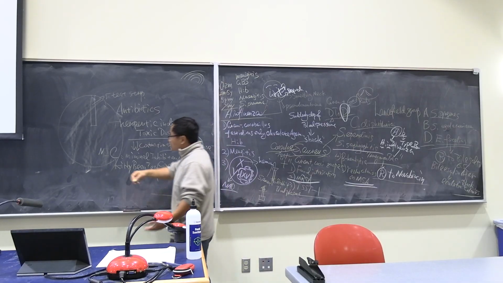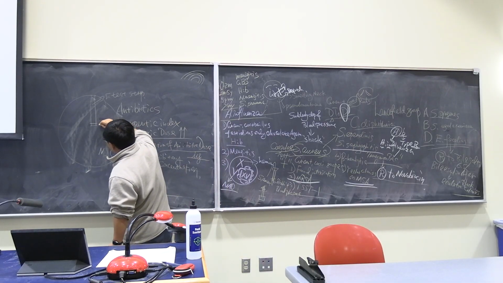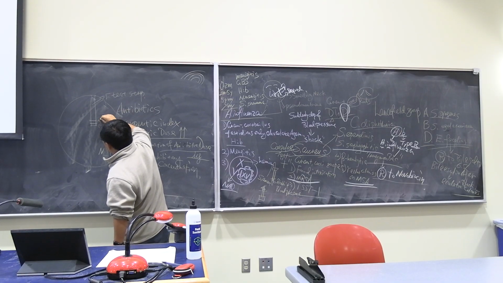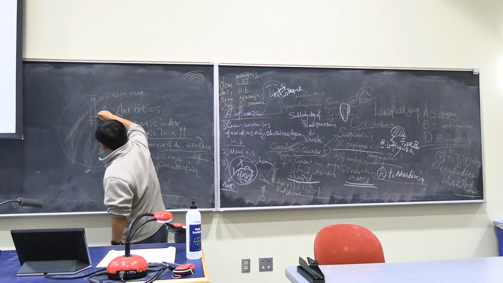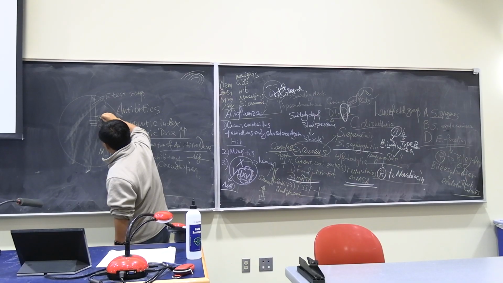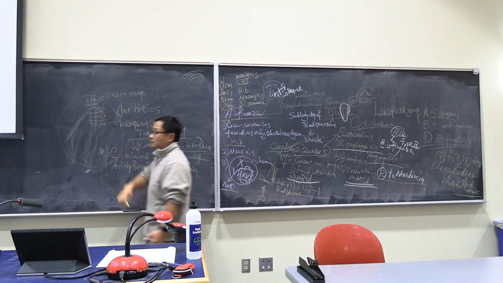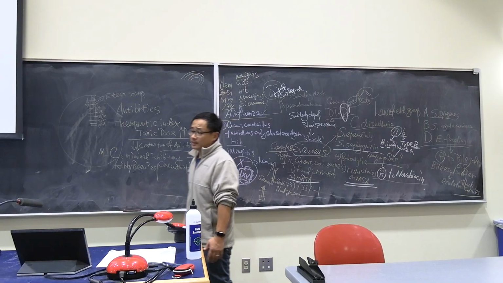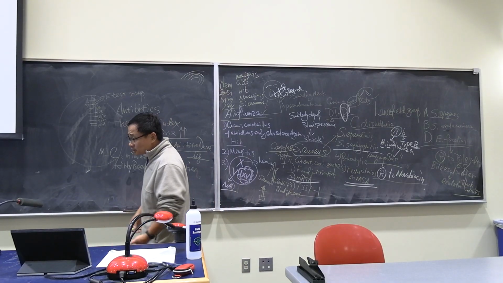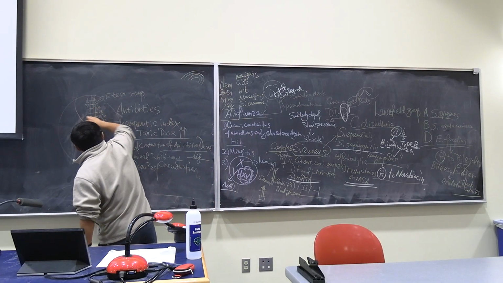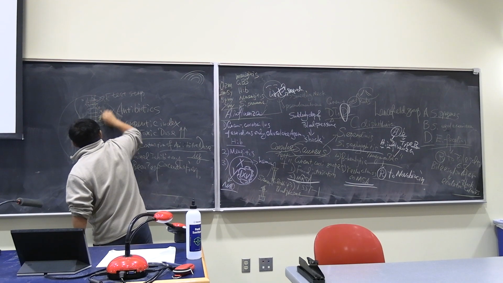The antibiotic concentration is usually, let's say, 1024, 512, 256, 128, 64, 32, 16. It decreases by twofold. And then after incubation,